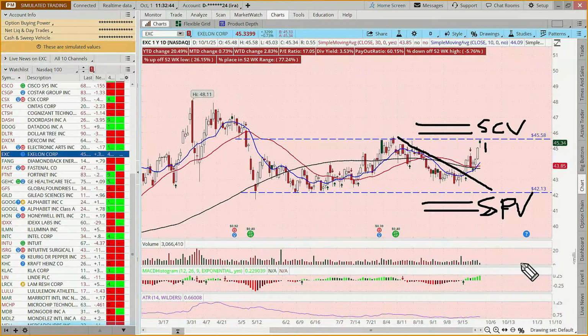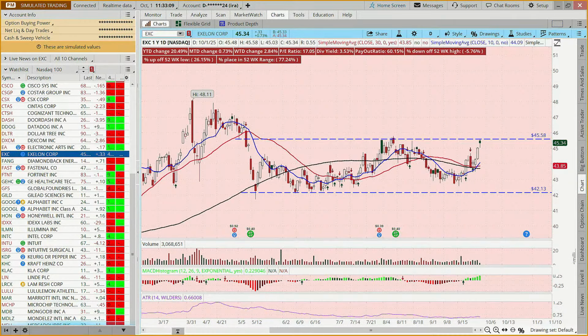A cup and handle may be indicating a trend reversal pattern. And right now, this is kind of a consolidation pattern. We're done consolidating when it breaks out one way or the other. We also have to keep in mind, we have earnings coming up, right? Okay.